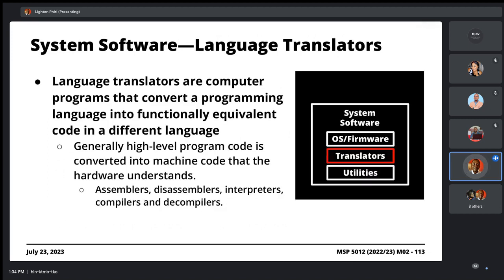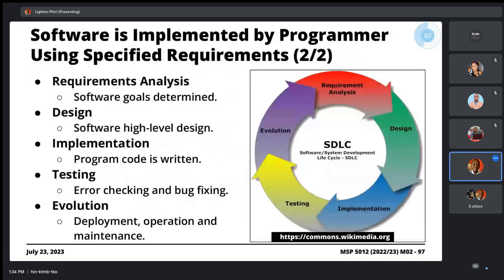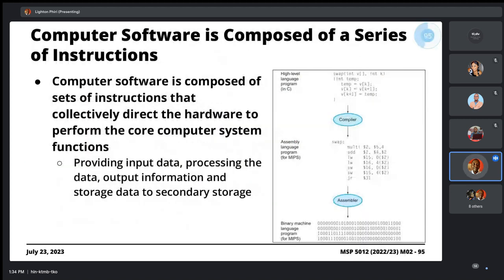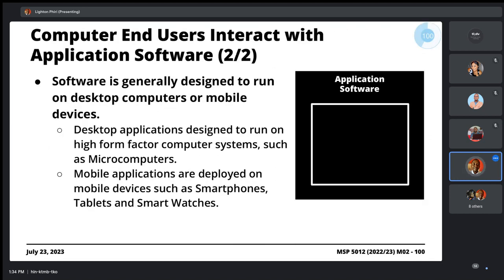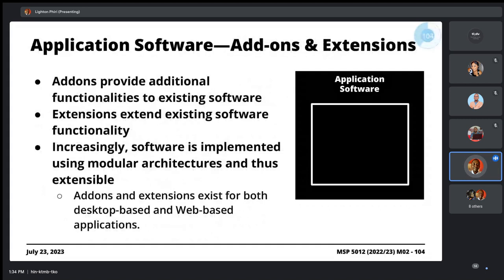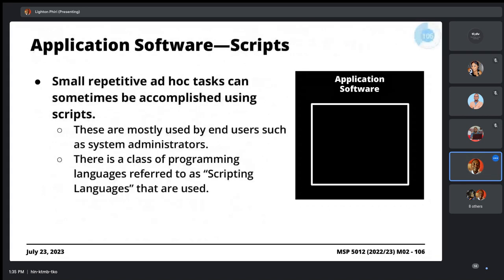And then these language translators are just there to translate the notation of instructions from one notation into the other. Remember, I mentioned that program instructions are in different notations: high level, low level, assembly notation. You can use a specialized piece of software to convert between these different notations. That piece of software is called the language translator. These language translators would be used by developers when they're developing a social protection management information system.